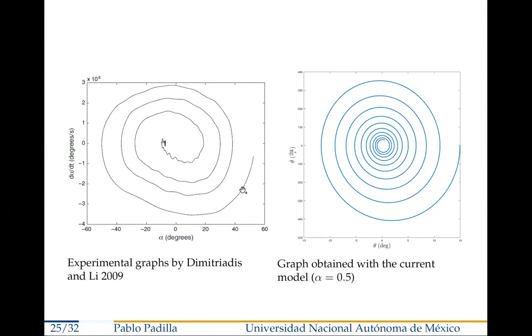We are in the process of trying to fit our model with the experimental values of the parameters, but there seems to be some inconsistencies, and we are trying to contact the authors or at least make clear what's going on, because they report a variation of an angular velocity of the order of 10 to the 6, which doesn't seem to be credible. But anyway,